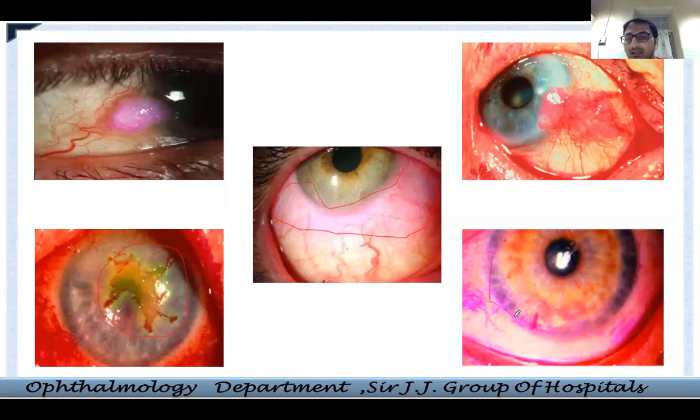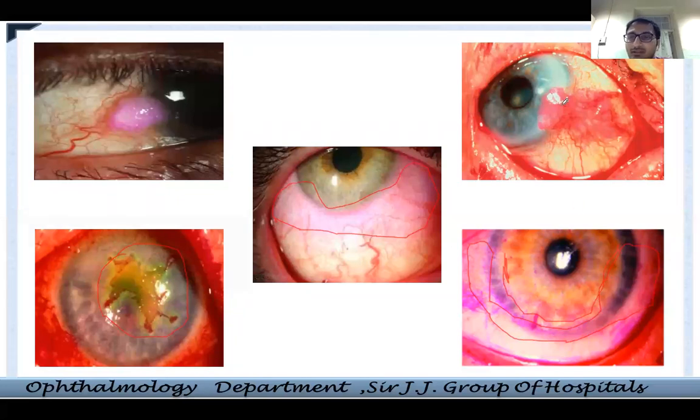This is basically a contact lens user, and again, as I told you, the patient is using two strips of a contact lens. What happens with the two strips of the contact lens? It goes and adheres to the periphery of the cornea too much, and this part of the cornea is under stress, and you get a lot of devitalized epithelium here. So you get this kind of a picture in such cases.